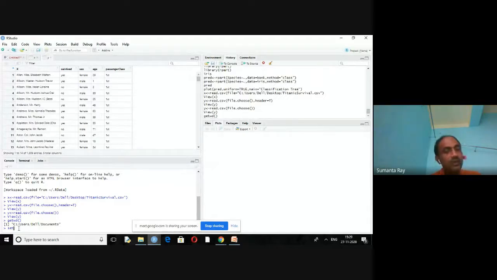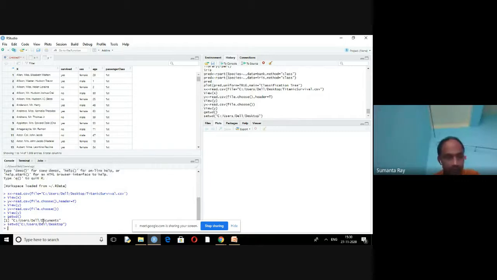I am currently working in this directory, so I have to change it. How will I change it? By using the setwd command. In setwd, just copy this one, Control C. Instead of documents, it will be desktop. You set this one.